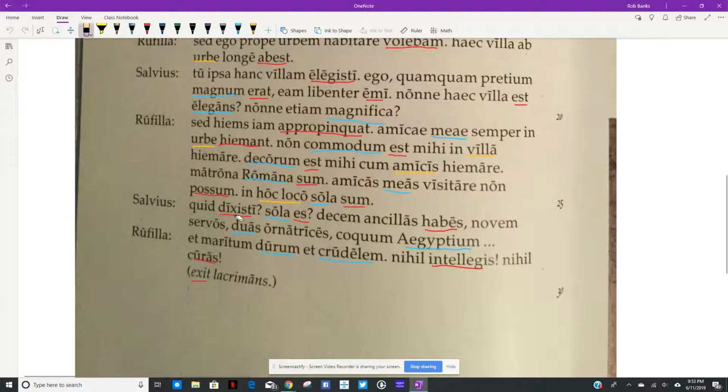What did you say? Quid dixisti? Right? Perfect tense. Isti tells us, also the x is a stem clue. So what did you say? You are sola, alone, right? A first declension ending because he's referring to Rufilla, a feminine. You have ten female slaves, right? Decem does not decline, so it's not going to take an ending. Nine male slaves, two hairdressers, an Egyptian cook...